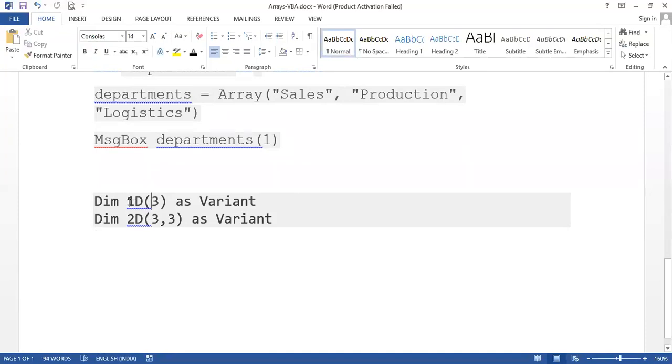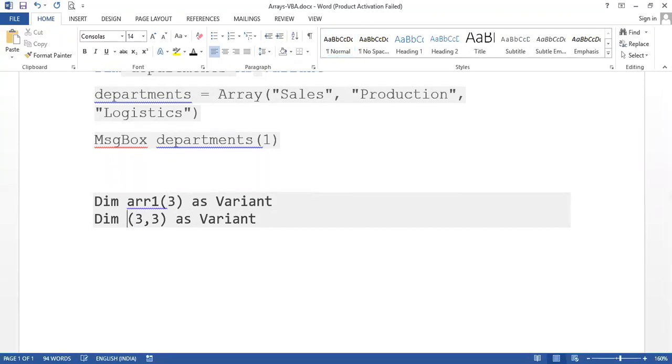Even for a one-dimensional array, instead of 1 to 3, we can give it like this. This is another way we have declared. For declaring, this is our variable, a one-dimensional array. Let us say, if you are getting confused, array 1, ARR1. So we are declaring array 1 as a one-dimensional array with 3 elements. Like in the previous syntax I have shown 1 to 3, instead of that we can simply specify 3 also.